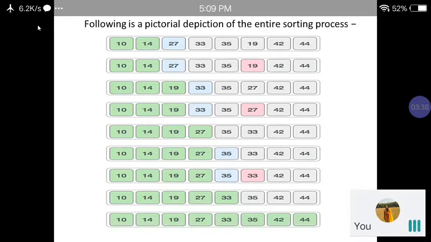Now we are going to search for the fifth location. At the fifth location there is the number 35. So we are searching for a number less than 35. As compared to 35, there is a 33 which is less. So we are swapping 33 with 35, and our fifth position gets fixed with the number 33. After that, next there will be the number 35. But we can see here that after 35 there are 42 and 44, which are already in sequence. So this is the way we can apply selection sort on an array.